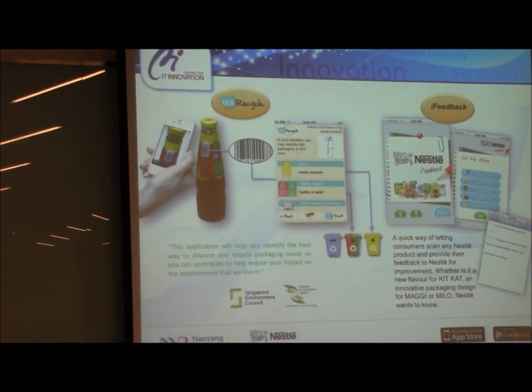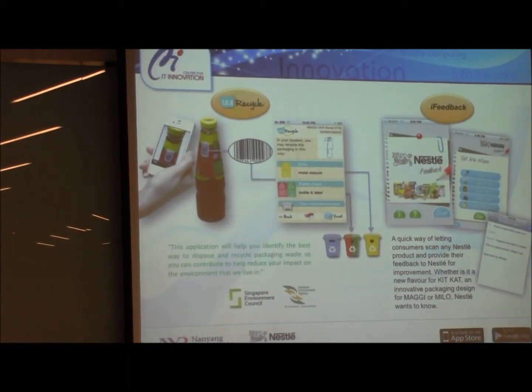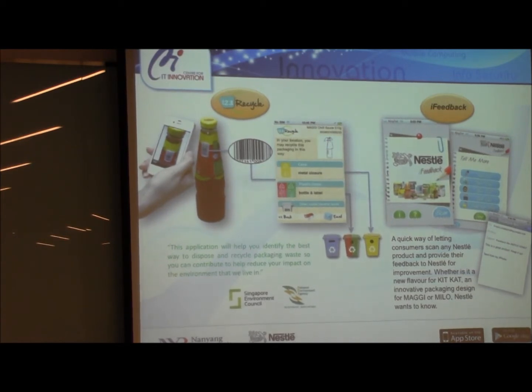For example, this chili sauce bottle here. Usually how do we throw it away? We just put it into one bin. But the actual way is the glass bottle goes into the green bin in Singapore, and the metal cap goes into the yellow bin. We're probably going to take some time before Singaporeans take a very active role in doing that. But it does work in other countries.